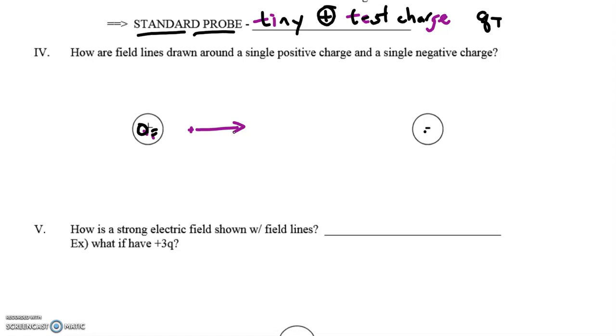If I put the probe right here, a little further away, it's also going to be to the right, just a little less, falling off by this inverse square. If I put the probe there, it's going to be a tiny little vector. But the point is, if I put that positive probe anywhere along this line, the force is always going to be to the right. By using the same reasoning, if I put it right here, then it's going to feel a large force this way,